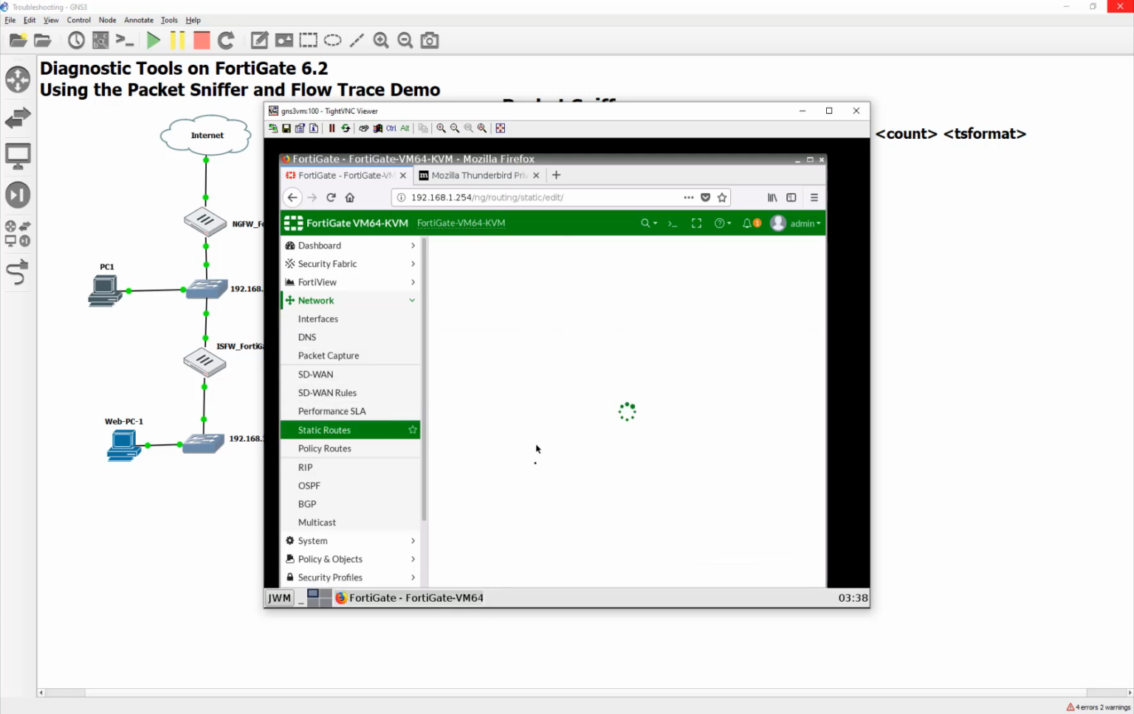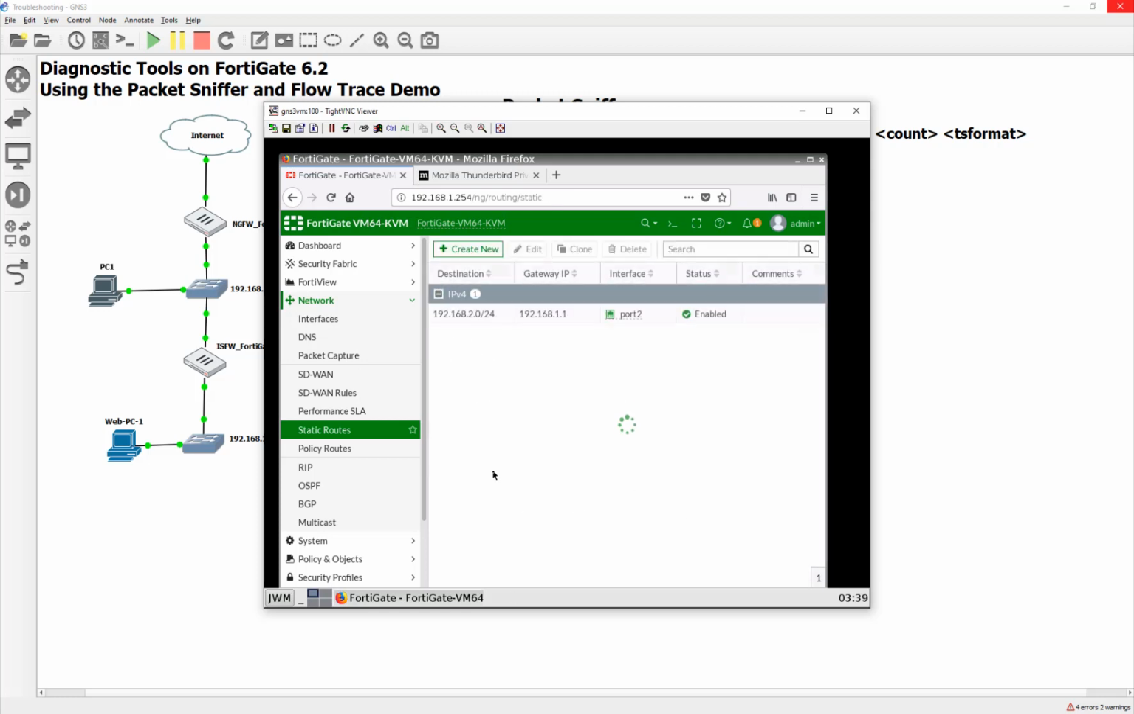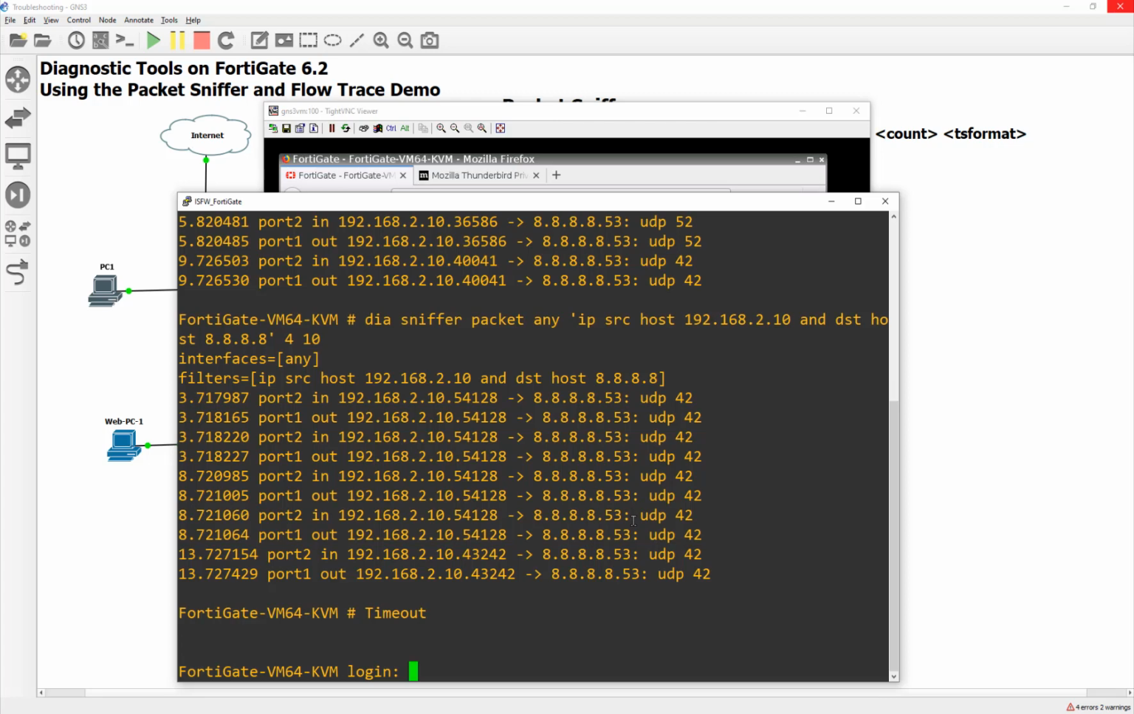So here we go. Static routes, create new. And we're going to say, hey, you know what? If you're looking for that 192.168.2 network, I need you to pass it off to 192.168.1.1, which is this interface right here, which lives off of our port 2. Now that it knows where to go, now that it knows that that lives beyond this interface, just like magic,